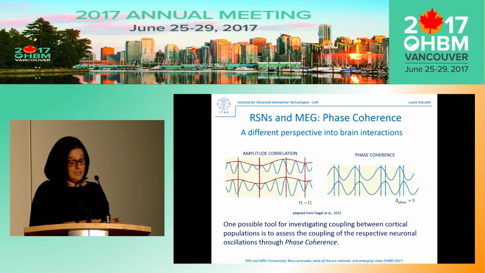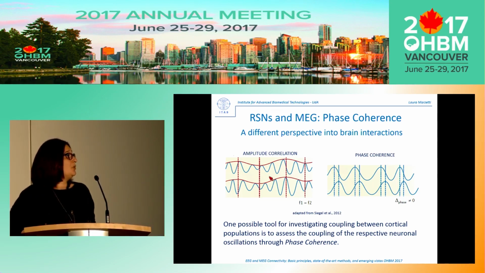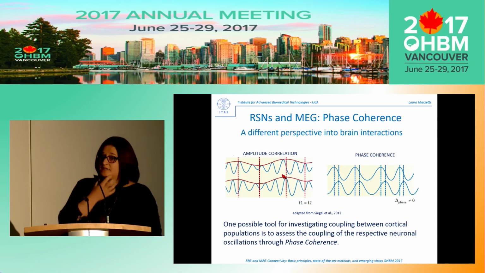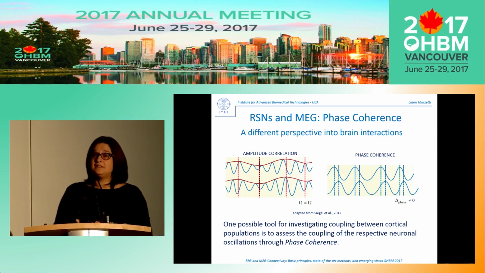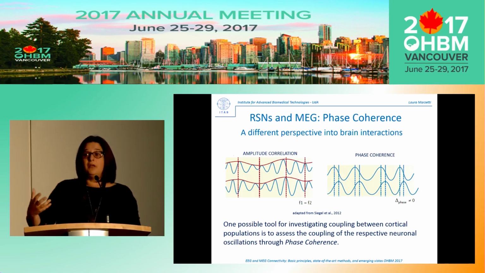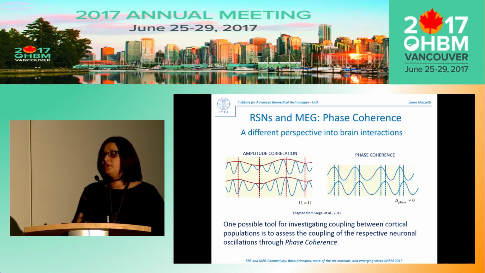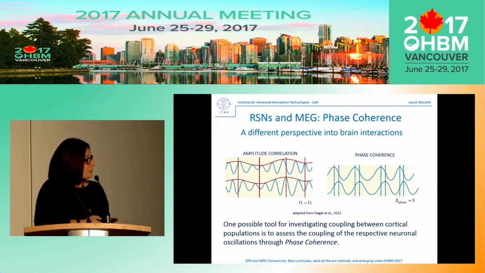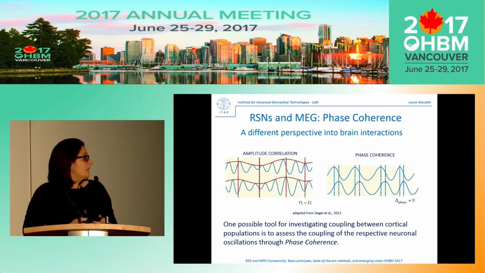But as we have already seen, the MEG signal has a much higher temporal resolution, which has not really been exploited in this approach. So we ask ourselves if we can exploit the full temporal information that is contained in the MEG signal, and at the same time find some patterns which still have a relationship to this idea and concept, the notion of the resting state networks. What I will talk about is phase coherence, considering it as a possible tool for investigating coupling